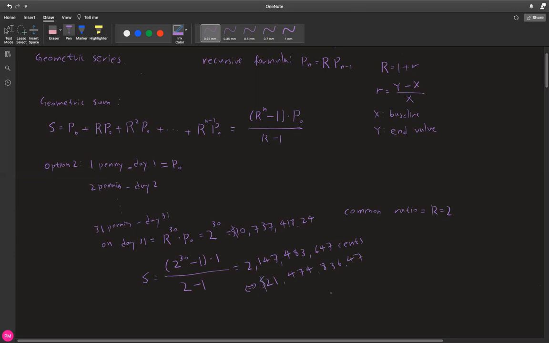And that is a significant amount of money compared to option 1, where it only gave you $100,000. So today I am planning on going over a few different examples that you might encounter solving homework assignments, quizzes, and even exams